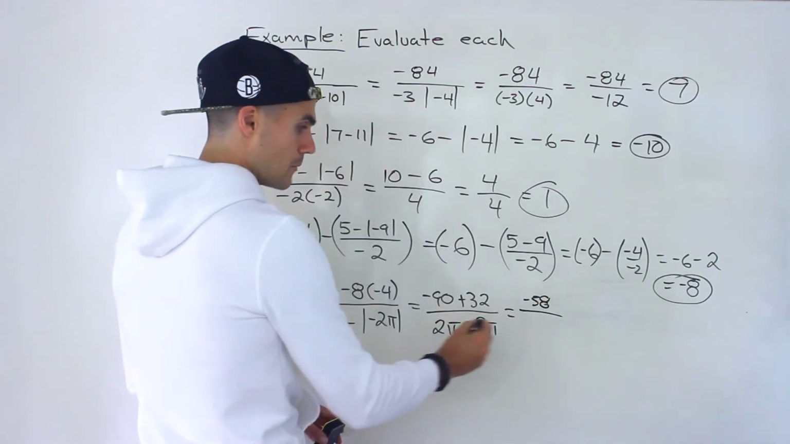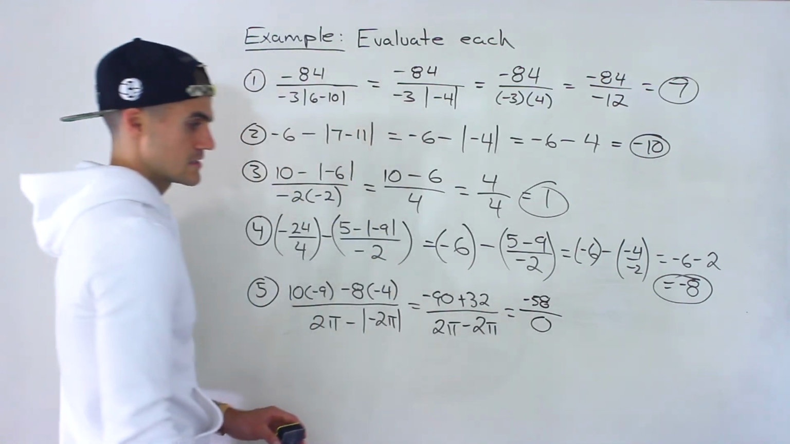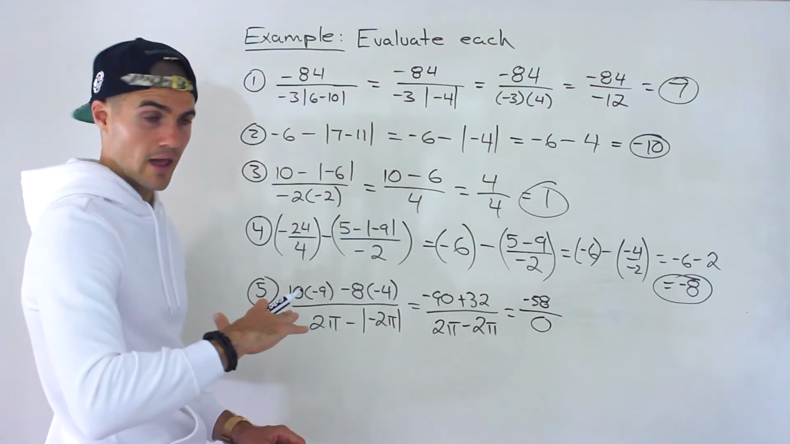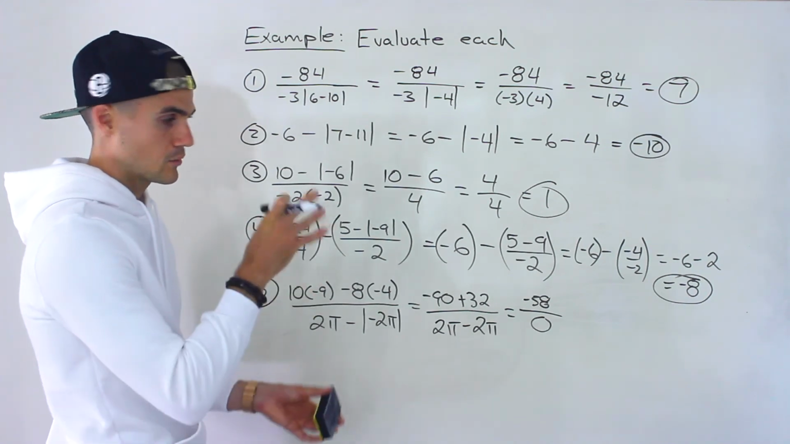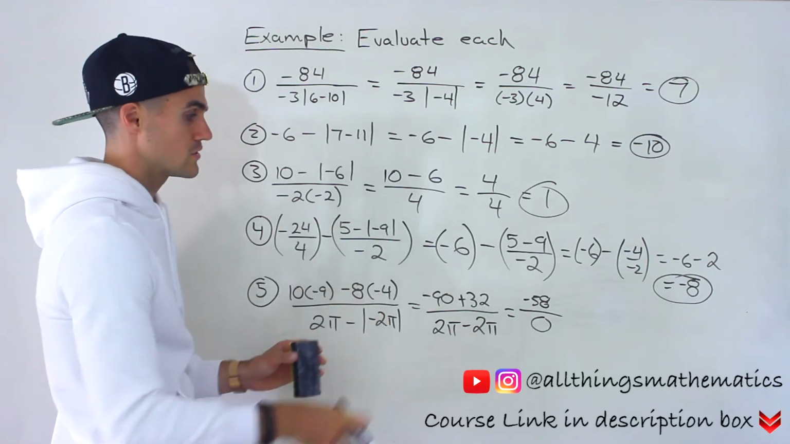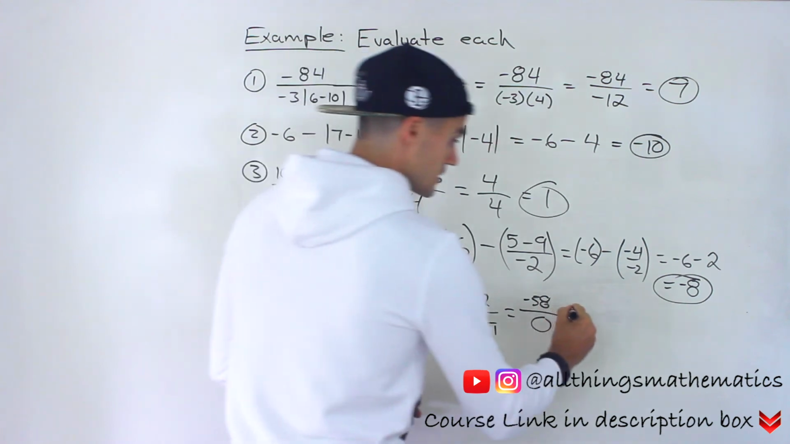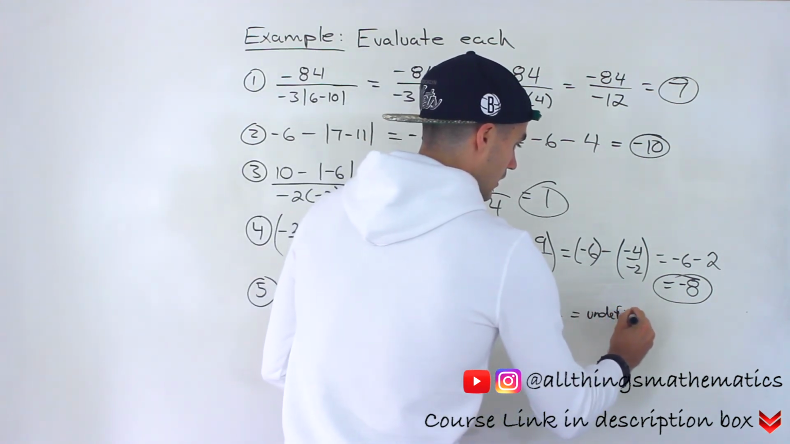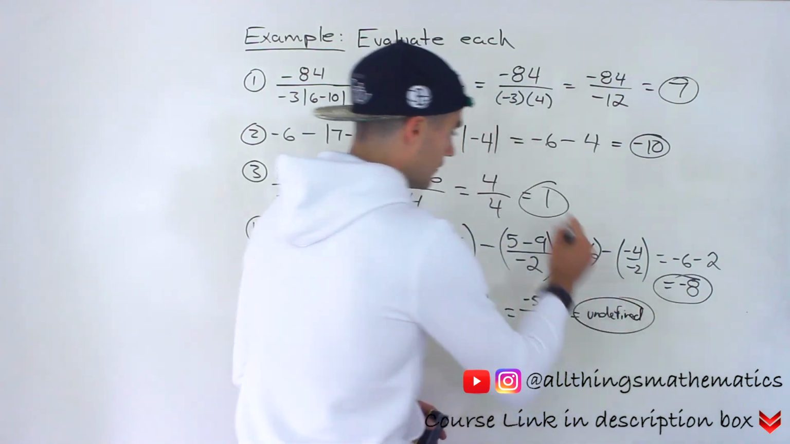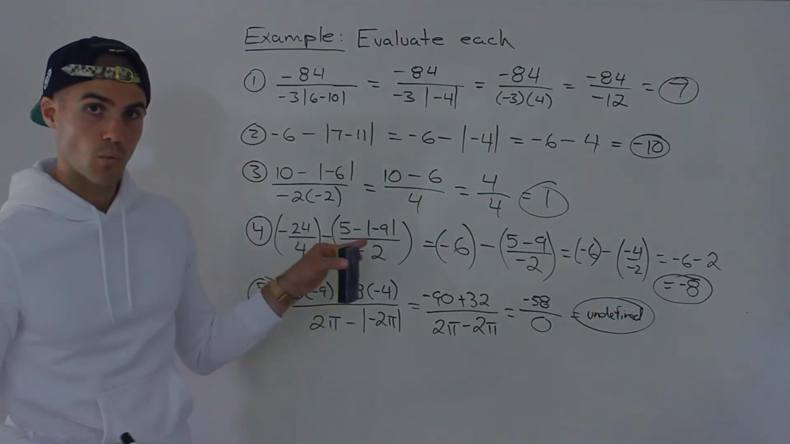But then the denominator ends up being 0. And you can't divide by 0. Right? That would give you an undefined number. Any number divided by 0, any expression divided by 0, is undefined. So this here actually ends up being undefined. There's no actual value like there was for numbers 1, 2,